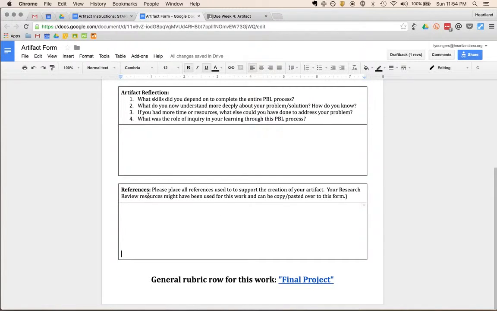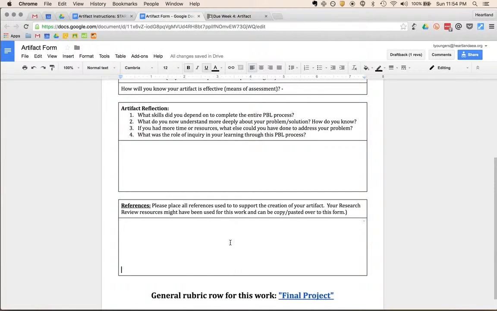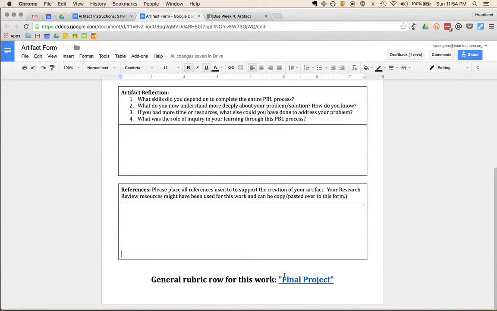Then lastly, any references that you use, I would like you to put them here. Again, you can choose the format. Just wish that they are formatted in a way that is professional. And like I said, they might be something you used in your research review work, so you can just copy and paste them over. Again, you are assessed on the final project rubric row for this work,